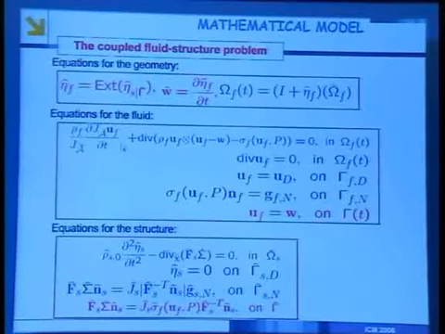And this is the global problem that we actually have to solve if you want to retrieve the solution of the coupled fluid structure problem. So we have three components. Two of them are obvious. We have, you see, Navier-Stokes that we have already seen, the blue equations, the equation for the structure, and then you have some red terms which are responsible for the coupling. First of all, there is an extra